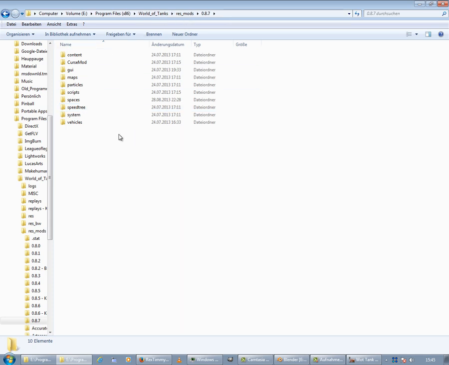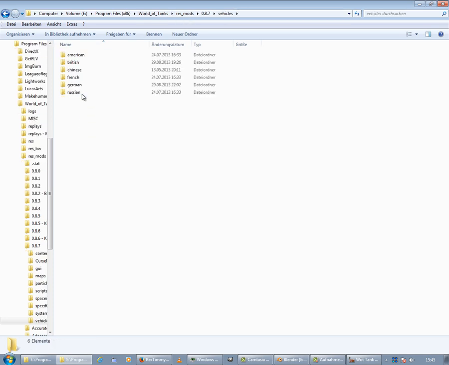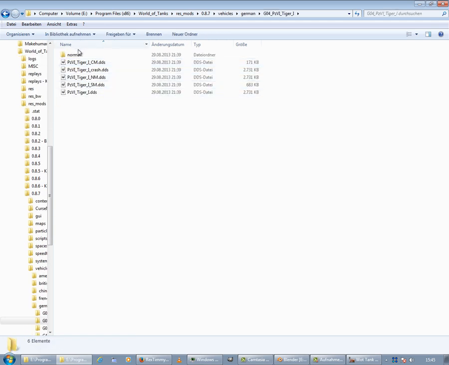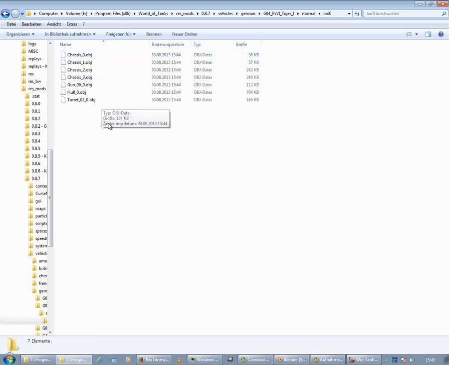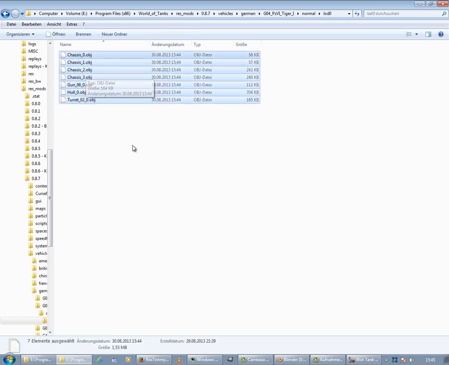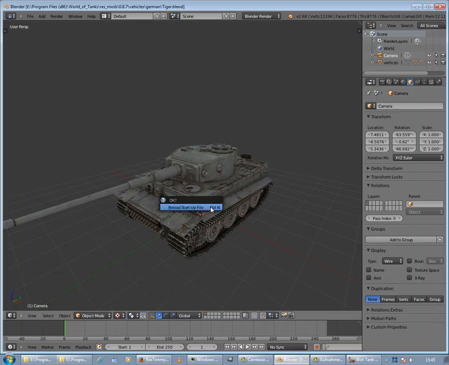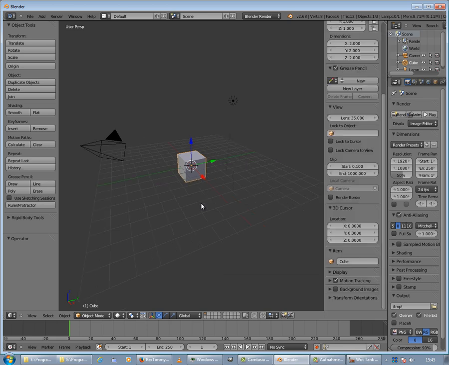Here the latest mods: vehicles, German, and Tiger. Here are the object data, and I make a new file,